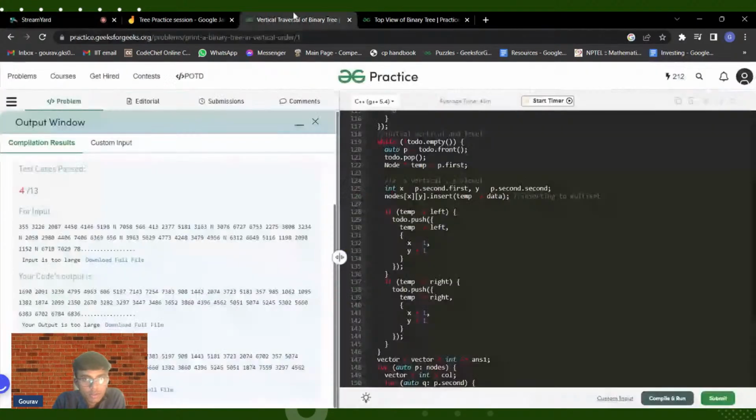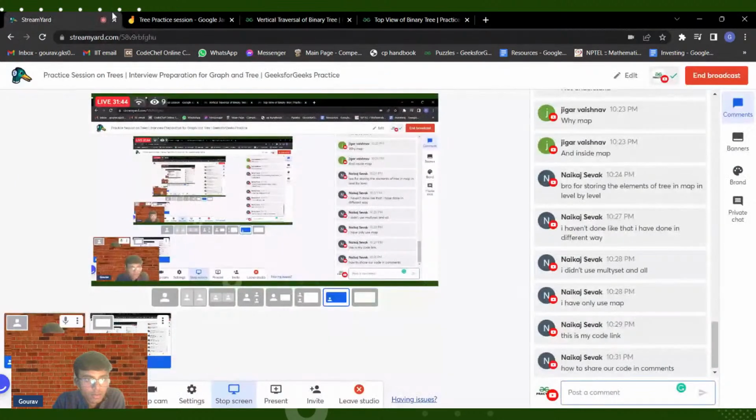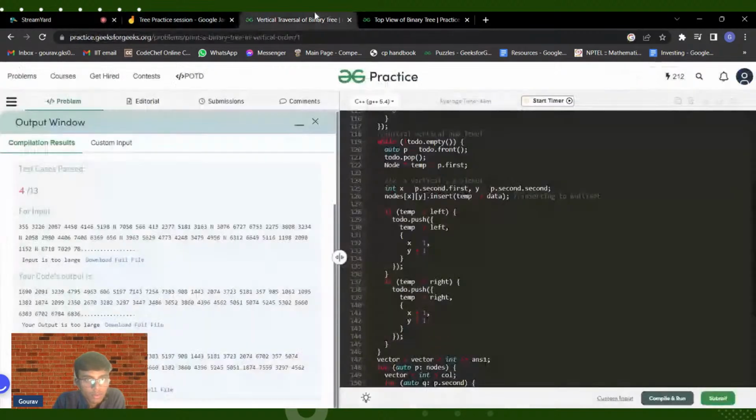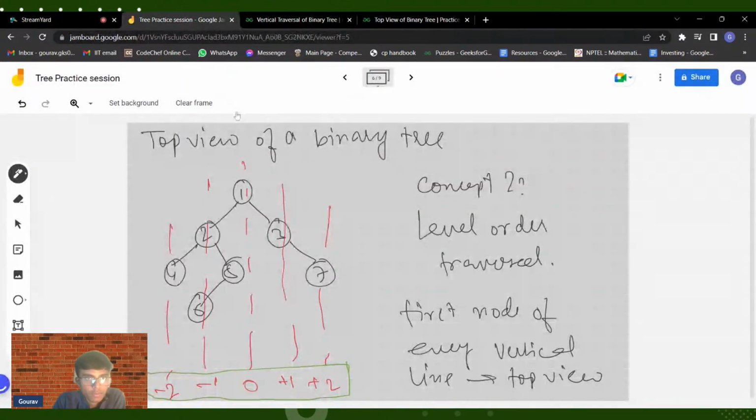I don't think actually I can share the code in the comment because comment has character limit. Okay, the entire code won't be pasted. Okay, let's come back to the question then. We will look at it till the end. Otherwise, we can go over the code tomorrow as well. No worries.